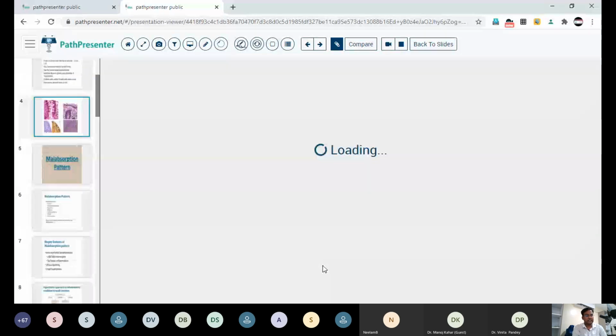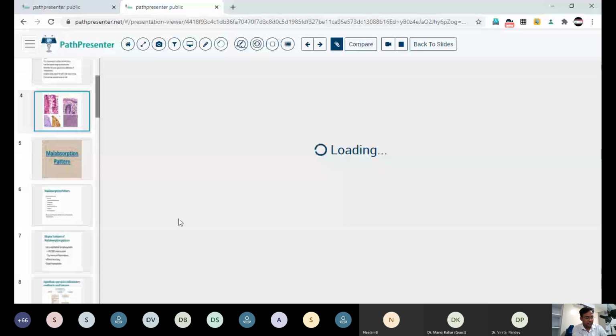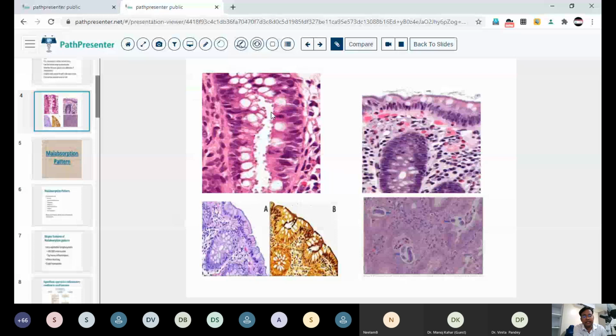Just to show some cases as a pictorial example, these are the cryptosporidium. You will see they are lining the mucosal epithelium of the crypt, the small dots or small spores of cryptosporidium. The tip of villi having the brush bordered epithelium is strongly eosinophilic and PAS positive. But see here, this is basophilic. The brush border of the villus tip is basophilic. This is because of the parasitic inflammation.